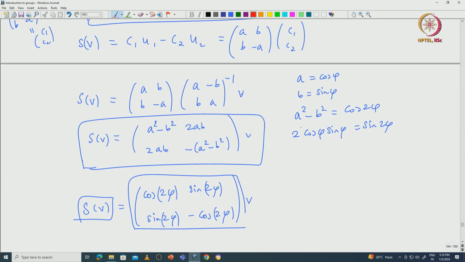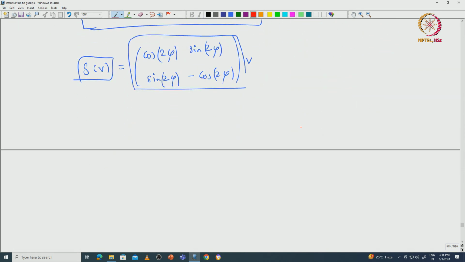Okay. Maybe it will be fun to do these things very explicitly using geometric properties. Maybe you should try to prove directly that if you take a reflection about a line that passes through the origin, that must be a linear map, and also if you take a rotation about the origin, that will also be a linear map. You can directly try to give an argument using geometry. Maybe you can take it as an exercise.